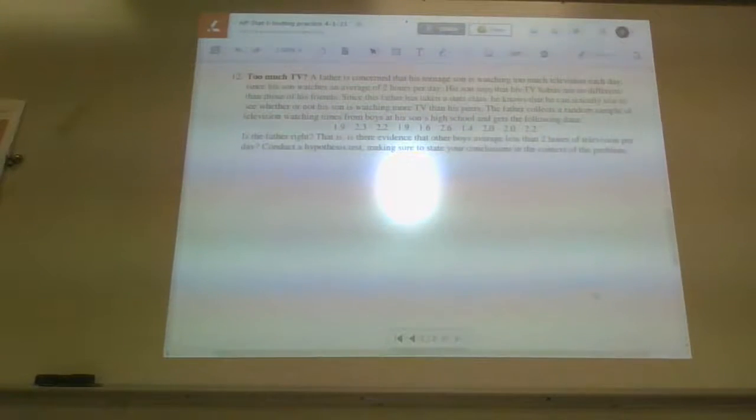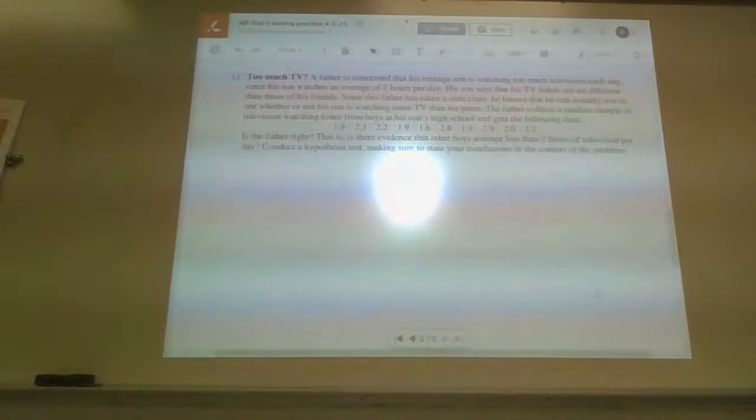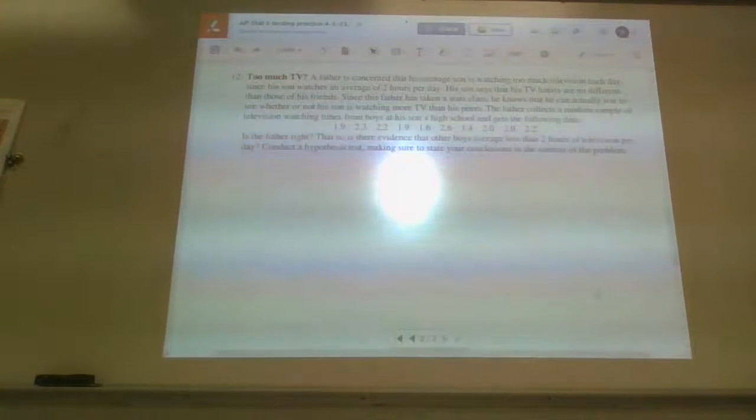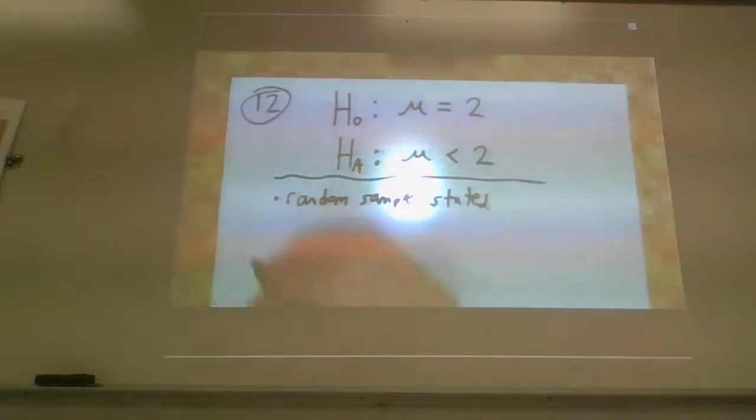It says that he collected a random sample. And that is important, because obviously if he's sampling the kid's friends, that data could be biased, considering the fact that if they're friends, they probably have similar TV watching desires and needs and things of that nature. Maybe they watch the same stuff. But since it's a random sample, I can say